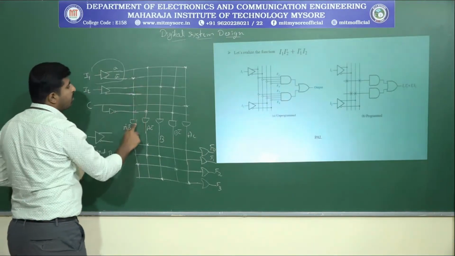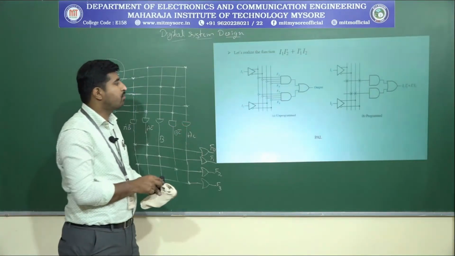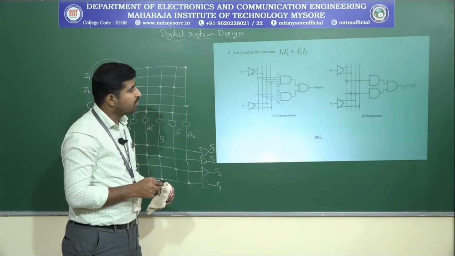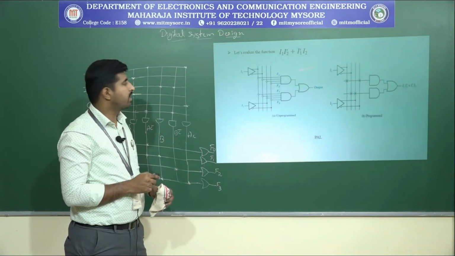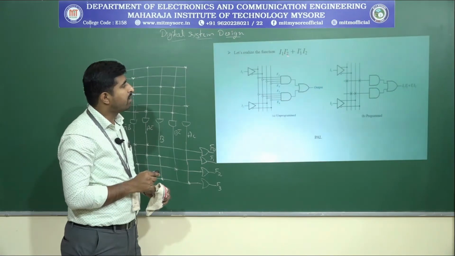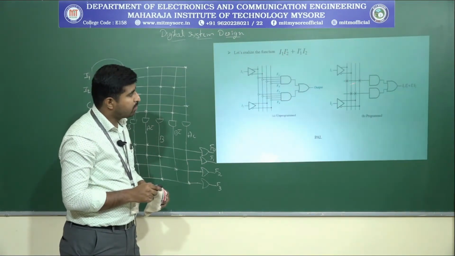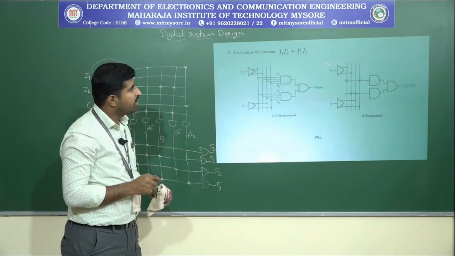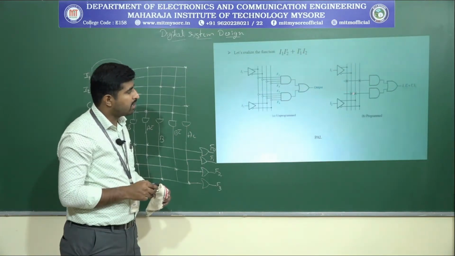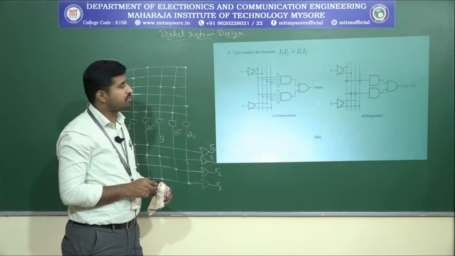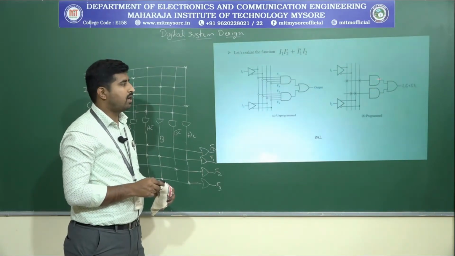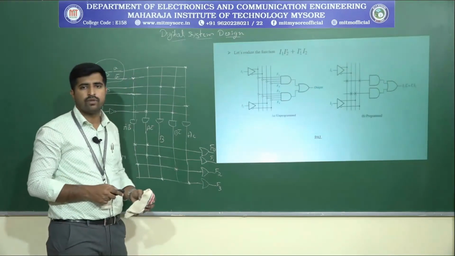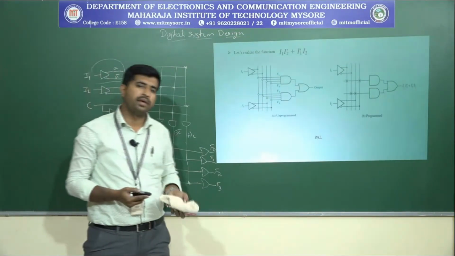So this can be programmed. Here this is the unprogrammed one, so all the connections will be given, and whichever we want, we can program. We need I1 and I2 bar, so the connection from I1 and I2 bar will give the I1 I2 bar product term. Similarly, for the other AND gate, we need I1 bar and I2, so I1 bar and I2 will be connected, the rest fused. That will give I1 bar I2, and these two together will give the required function.